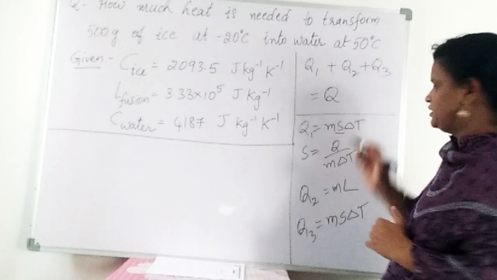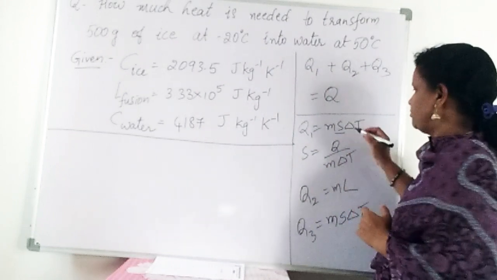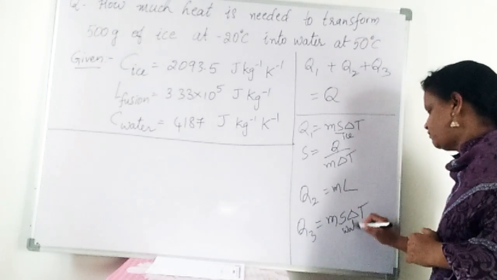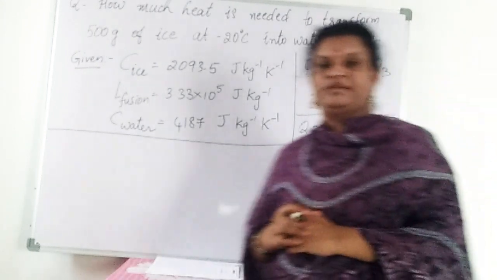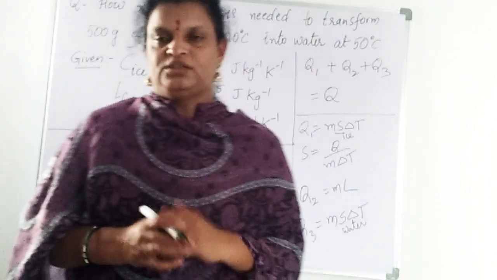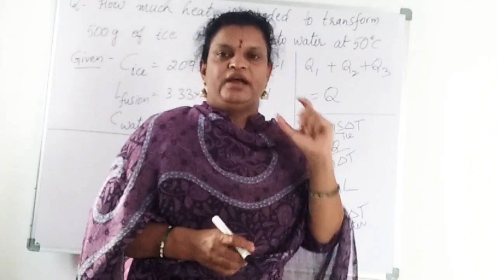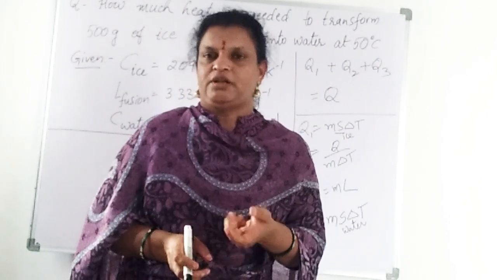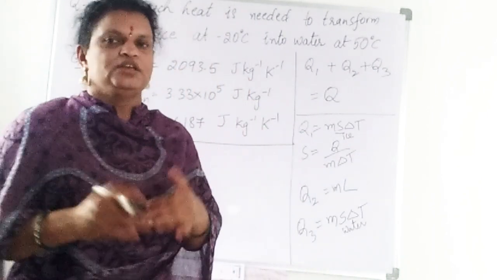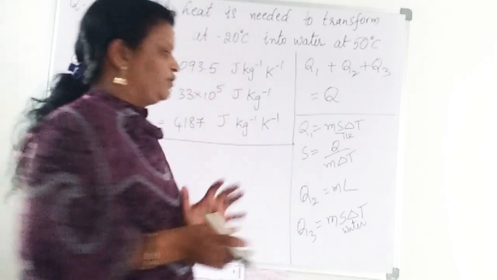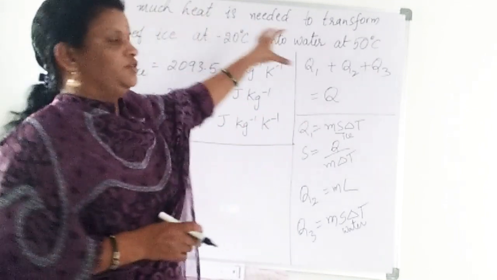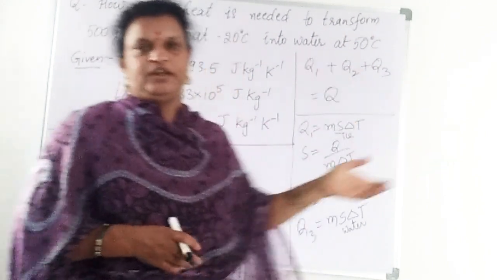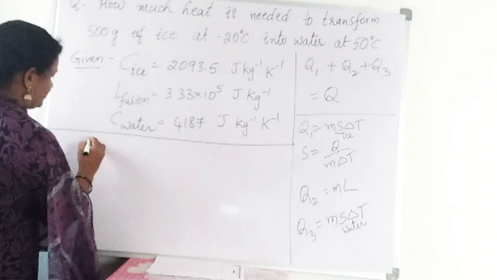Here, what I have taken first is for ice, and the next one I will take as the specific heat of water. Here we can use the symbol S or C also. C especially, if you want to write at constant pressure, we can use Cp, and at constant volume Cv, right? That we will get in higher classes. Here we are not going to discuss all that. We just want to observe the heat energy absorbed by the ice to convert into water at 50 degrees Celsius.